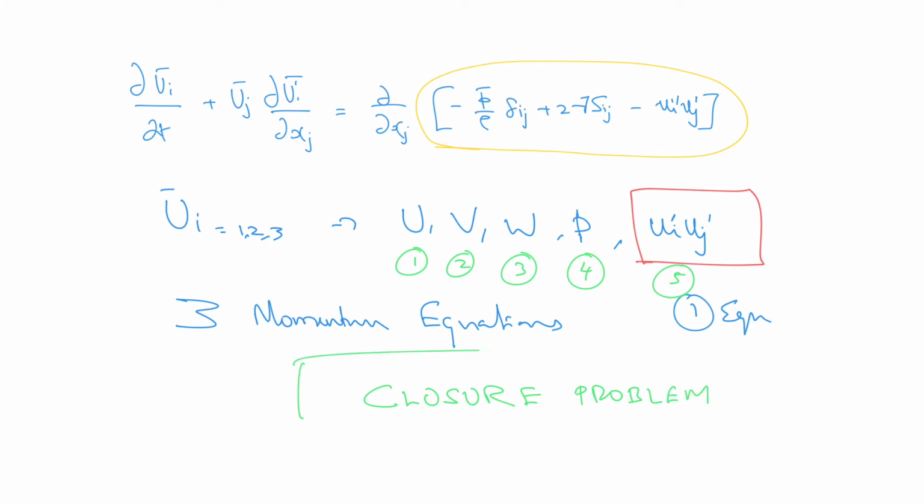This is exactly the closure problem of turbulence. This is the reason: we have an extra new term that is not allowing us to solve the set of equations. So this is the second property of the Reynolds stress tensor, or Reynolds stress. You need to find a way to solve this such that you will be able to solve the set of governing equations to arrive at the solutions, to understand the flow field physics.